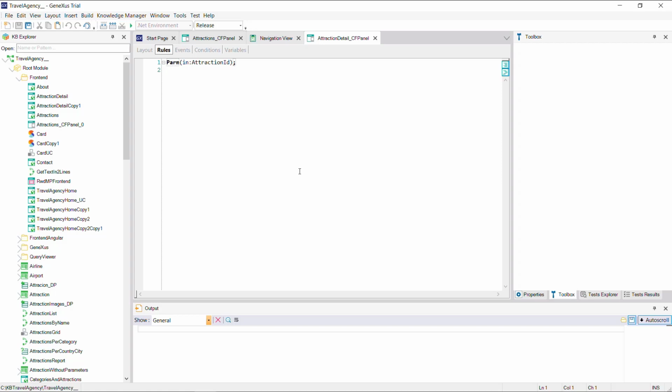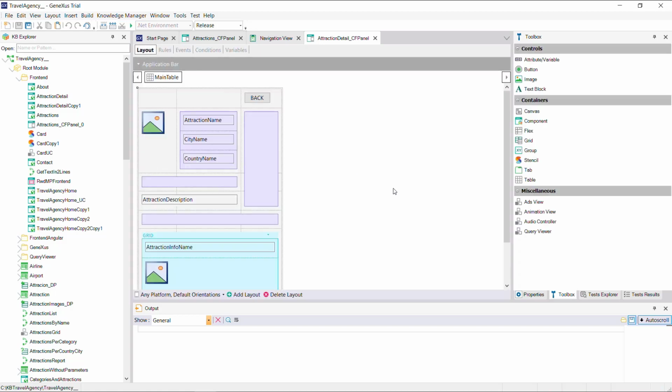Remember that this will allow showing only the information of the attraction passed by parameter, which was the one we selected in the panel of the attractions list. In the form, we added the attribute attraction photo and the attributes attraction name, city name, and country name. Below, we inserted the attraction description attribute.